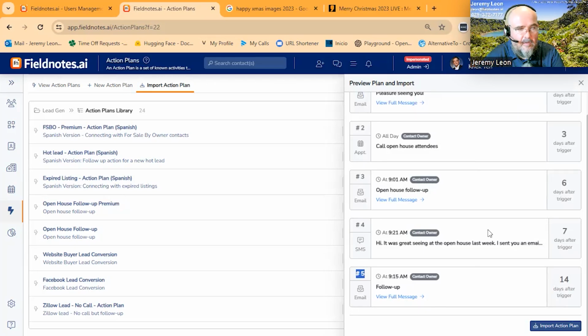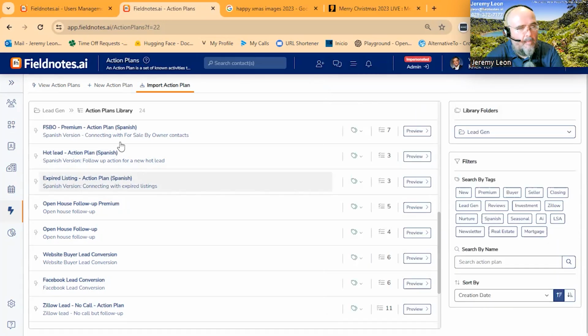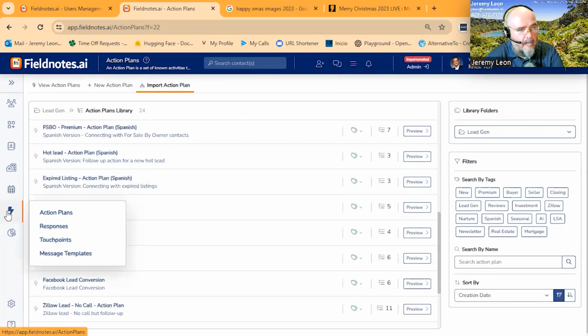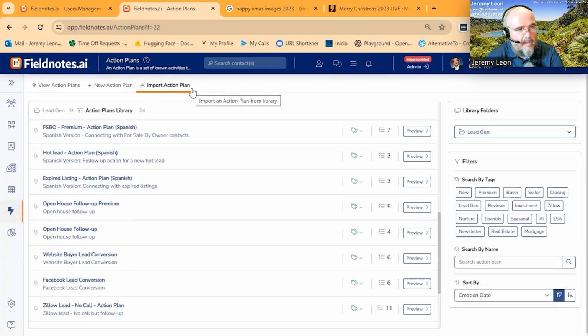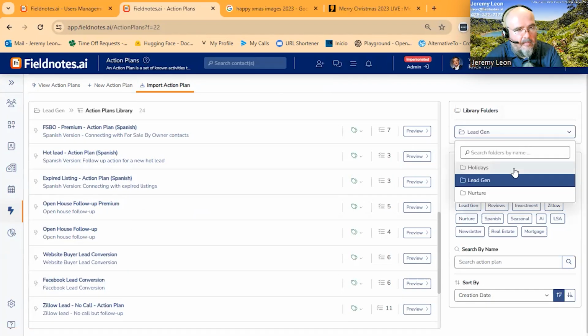So when you have a couple of moments, come to the Thunderbolt, go to action plans, import action plan, and then you'll have these different folders: holidays, lead gen, and nurture, in which you'll have all of these templated action plans